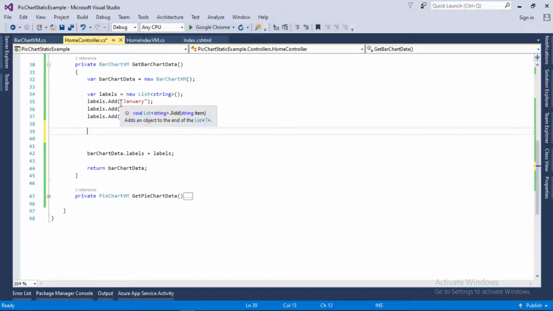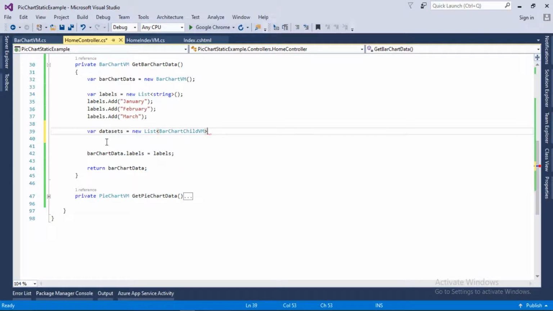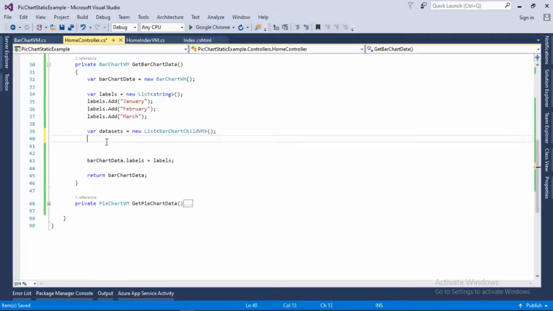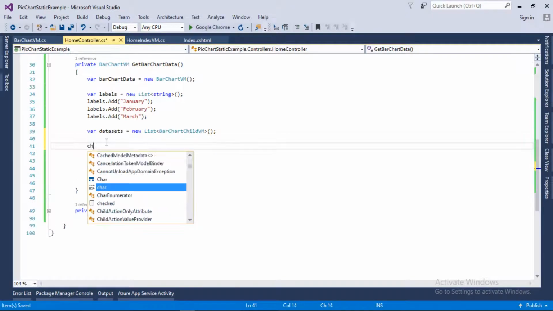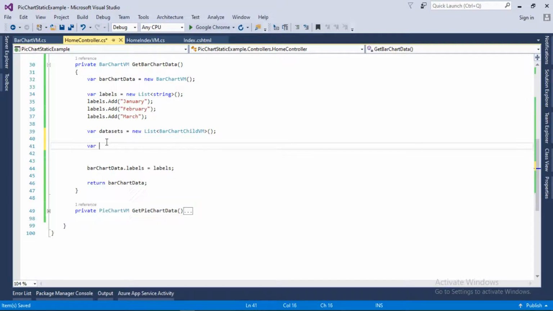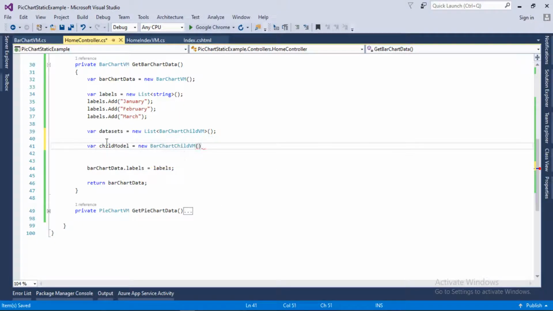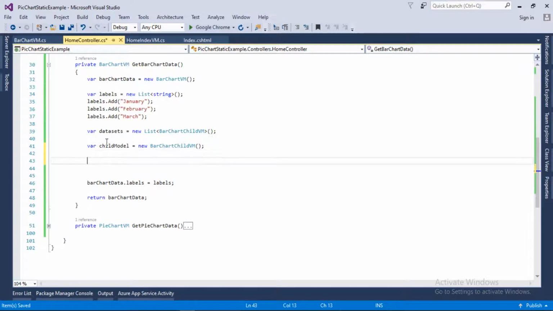Here I will declare datasets, and this will be a new list of bar chart child VM. Similarly we need to add a child model, which is a type of new bar chart child VM, and we need to add this child model to our datasets.